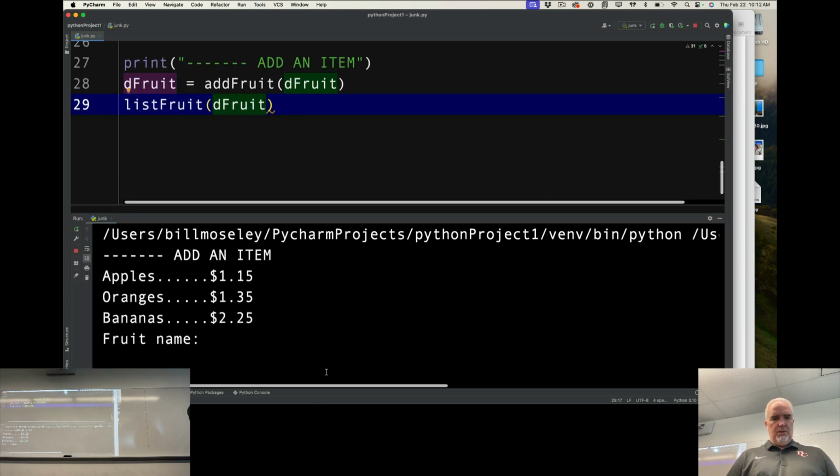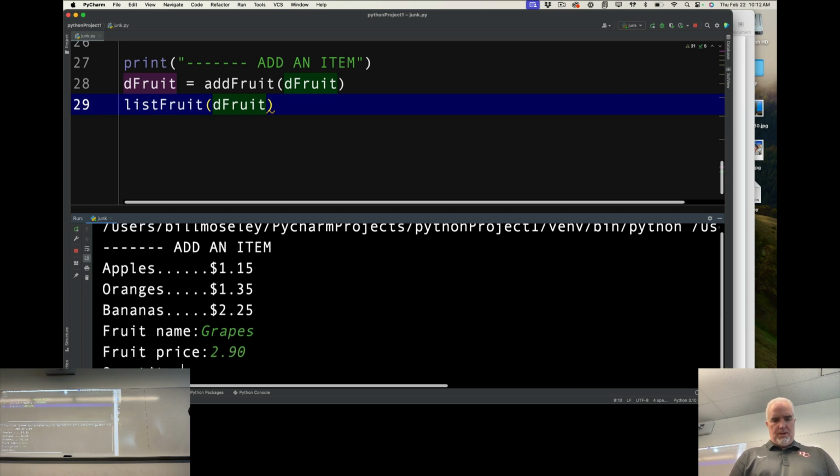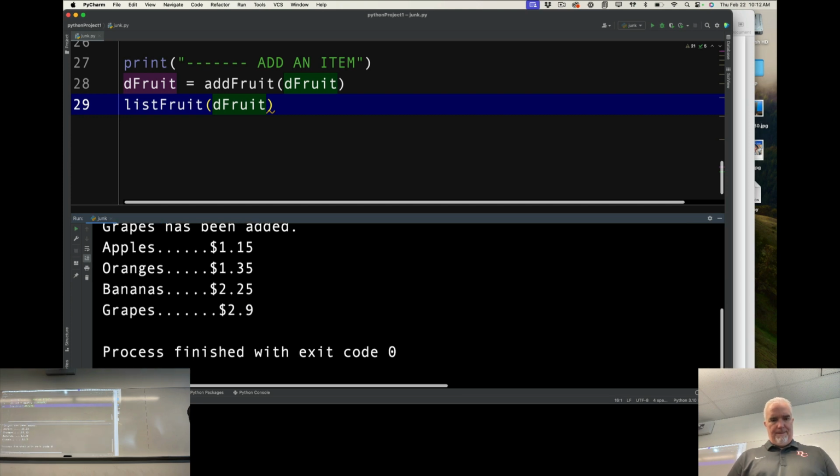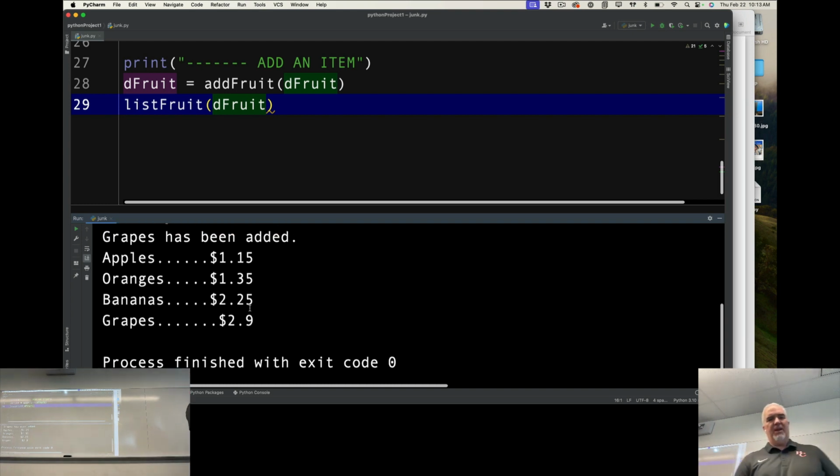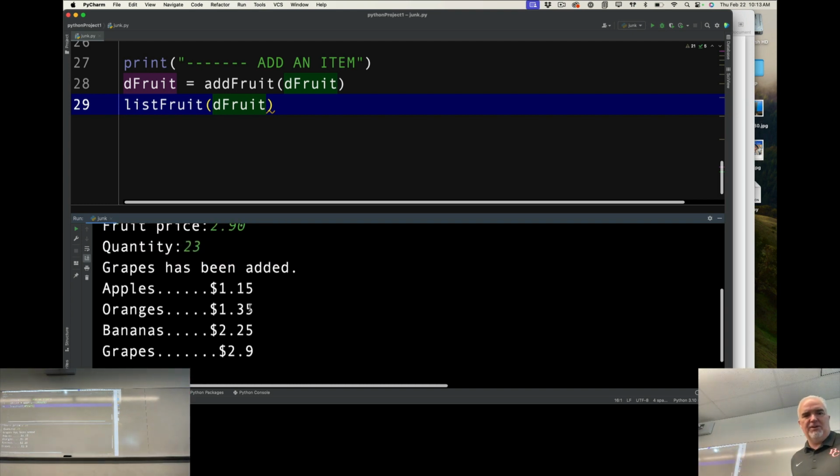So let's do this. Let's just add an item, grapes, and 290.23. Okay, now that's gonna bug me. All right, I need to force it to have two decimals there, but we can do that using the formatting feature. But that is